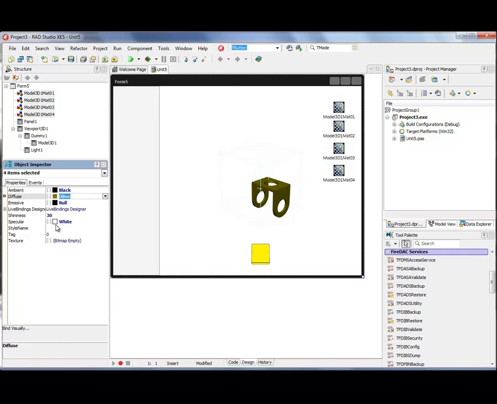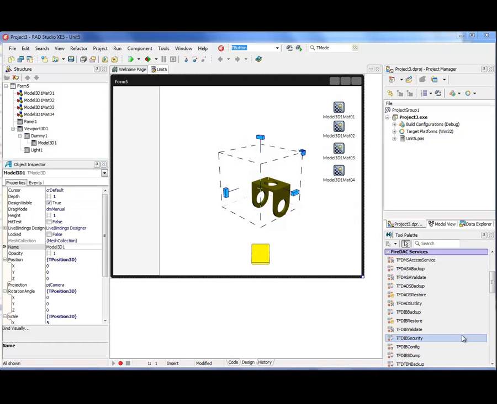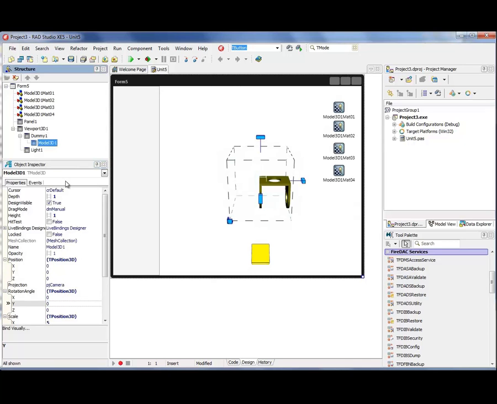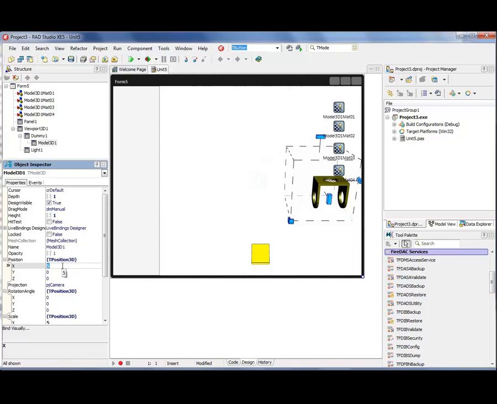Okay, let's add another part and see how the components will change. I'm taking T-dummy component, set it back to normal view, then move the first model to the right to 5 points.